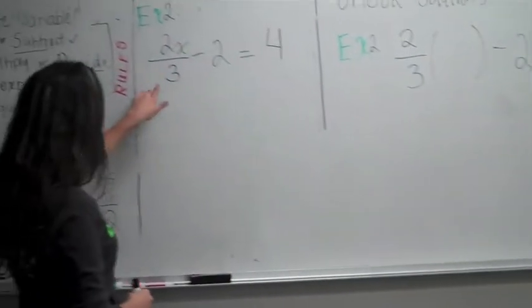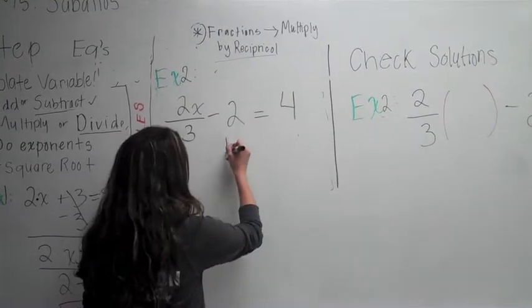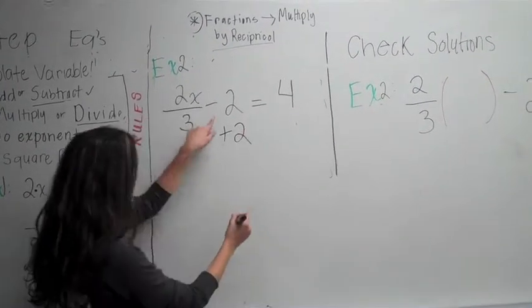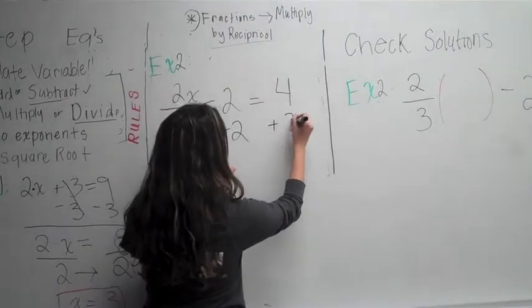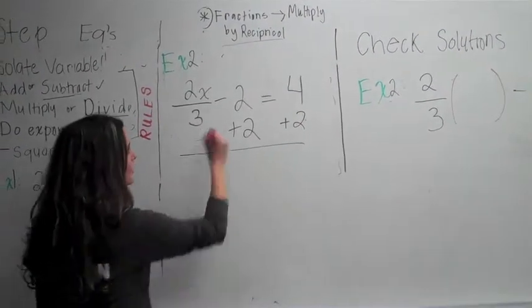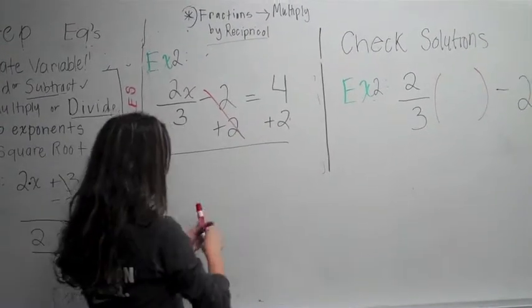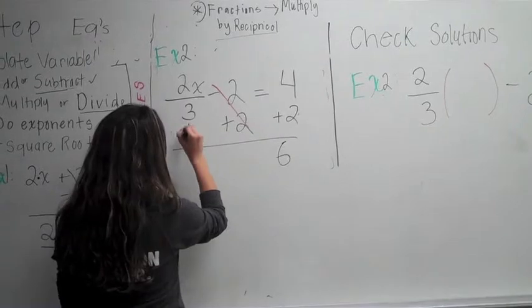Okay guys, we will begin with example 2. First, we must add 2, okay? Because that's a negative and we want to add. So what we do to one side, we do to the other. We know that this cancels out. So 4 plus 2 is? 6. And then we bring down the 2/3